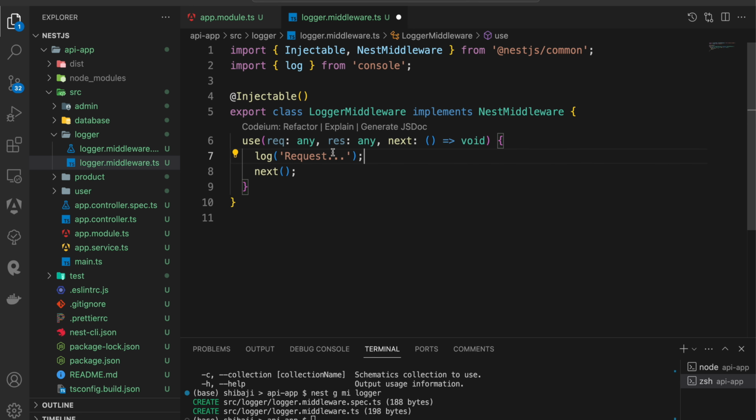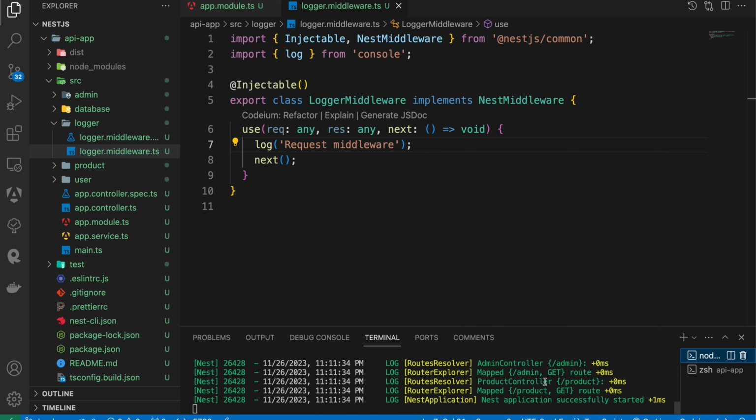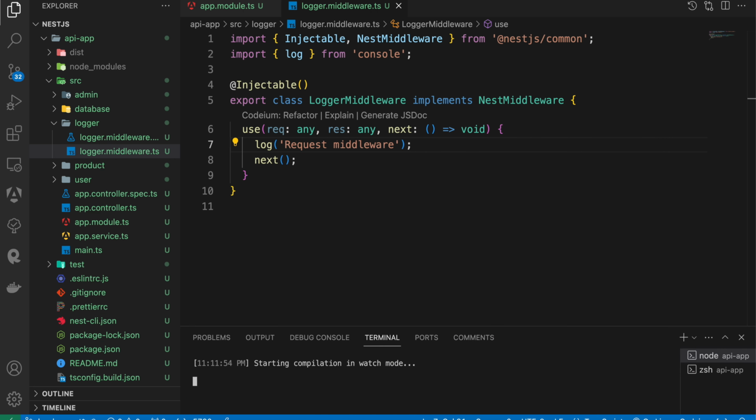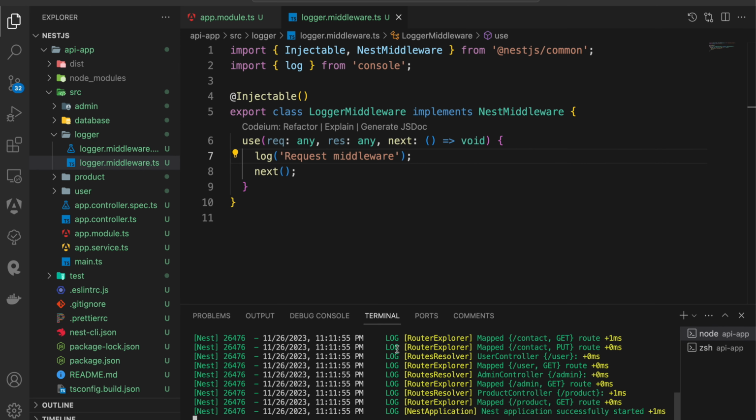So this time we can see the output through this way, request middleware. Okay, so I just wanted to see how it works. So for that reason, I'm simply calling it request middleware. Okay, so when it was created, after that I simply start our application through this command line process, and